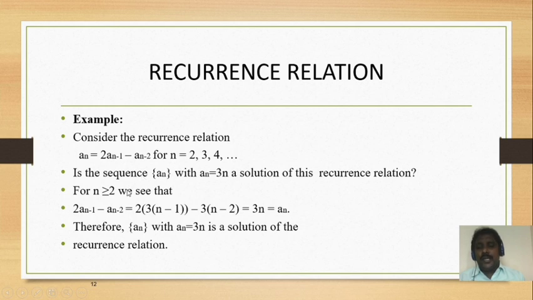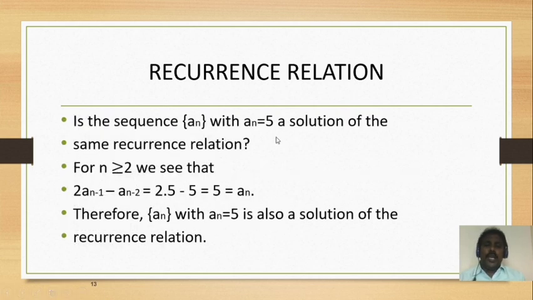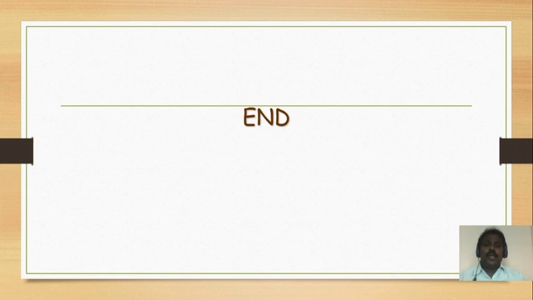We can take any example, substitute the values of n, and find the solution of the recurrence relation easily. In this equation also, an equal to 5 is a solution of the same recurrence relation. Here the n value must be greater than or equal to 2, and on substituting these values in the recurrence relation, we get a solution. Therefore, it is a recurrence relation. So, this is about the recurrence relation, and this is about the lattices and